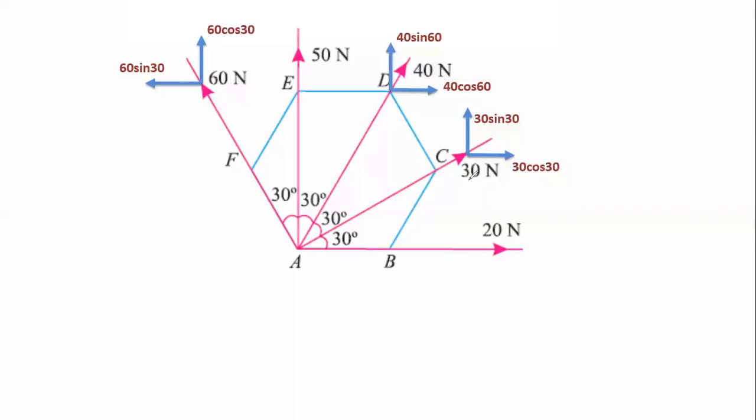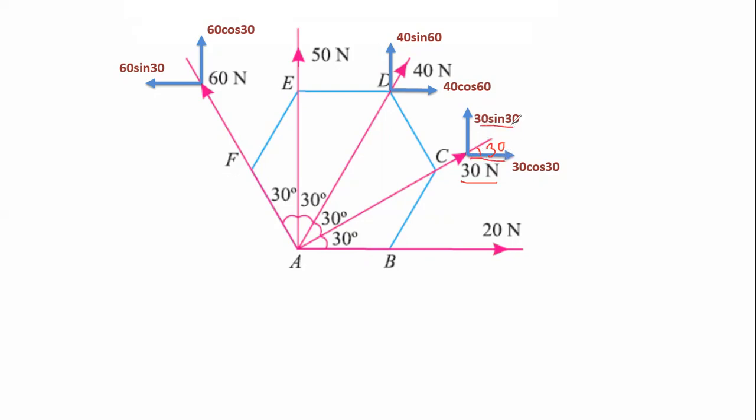Now, very first, this 30 Newton force is making an angle of 30 degrees with the horizontal. It is very important to locate the angle which is made by the force with either the horizontal axis or the vertical axis. Here the 30 Newton force makes an angle of 30 degrees with the horizontal axis. Therefore, 30 cos 30 will be the resolved force over here. As we know, the component adjacent to the angle is always the cos component and the other component is the sine component.